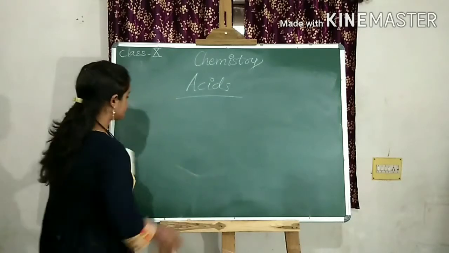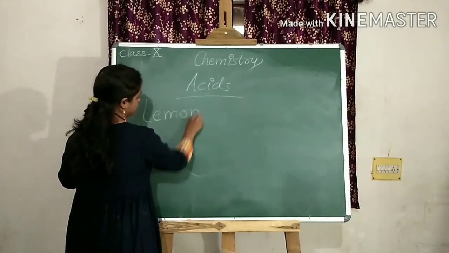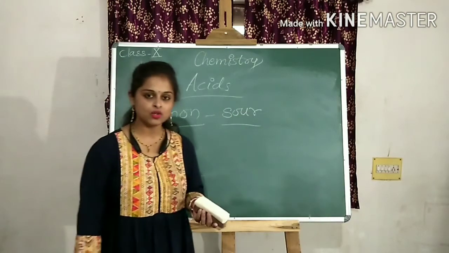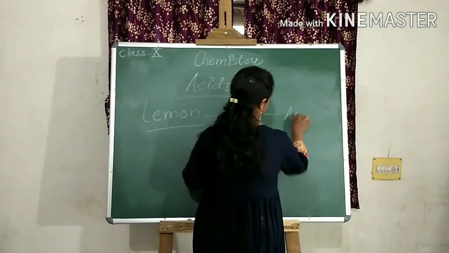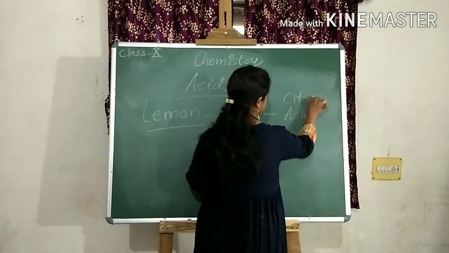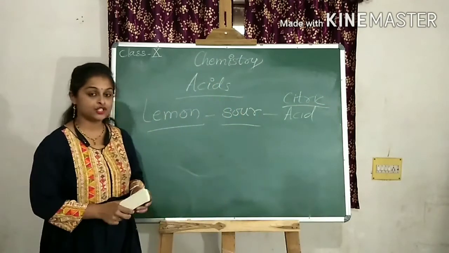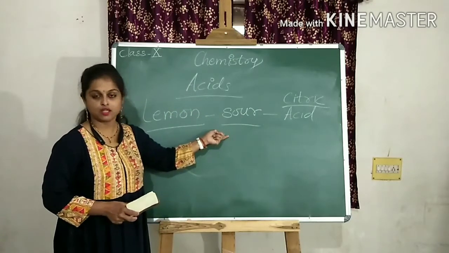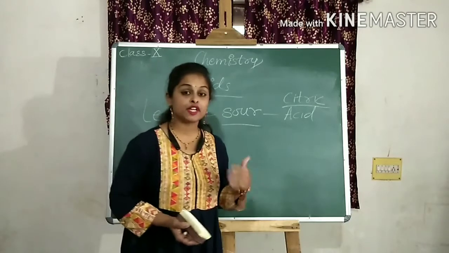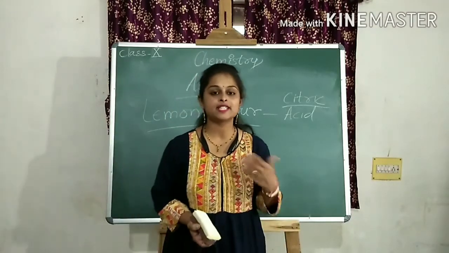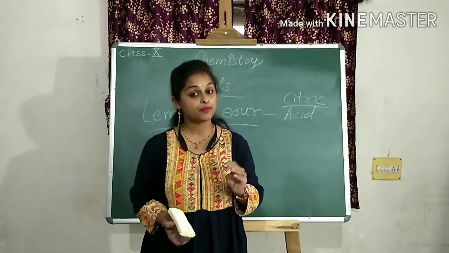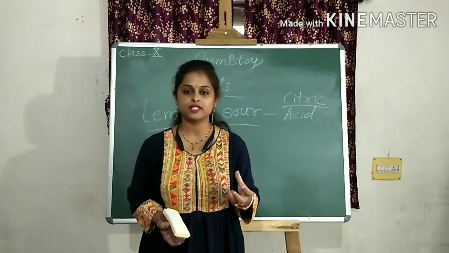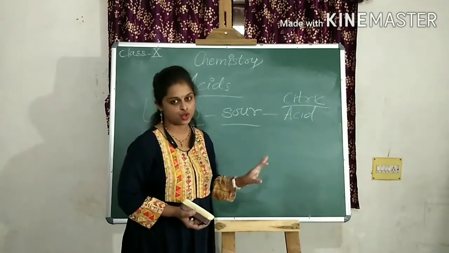Okay, now lemon. What is the taste of the lemon? It is sour. Why so? Because it contains acid, and which acid is present in this? That is citric acid. Due to this citric acid, the lemon taste is sour. In this way there are a variety of fruits which contain citric acid, like orange and unripe grapes. These fruits are sour in taste. There is a presence of citric acid in short.